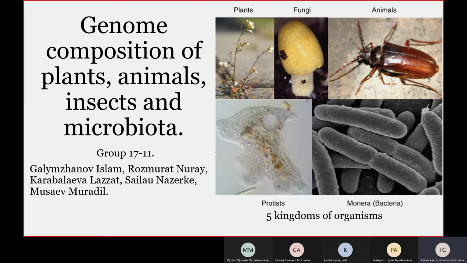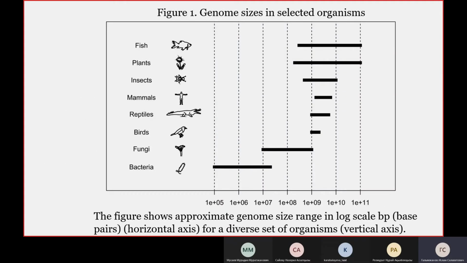In this video, we are going to talk about genome composition of plant, animal, insect and microbial species. The structure of an organism's genome varies according to the domain of life it belongs to. Prokaryotes, which include both domains of bacteria and archaea, have small and highly energy efficient genomes, typically consisting of a few million base pairs. Eukaryotes, on the other hand, have genomes ranging from the very small, approximately that of the larger